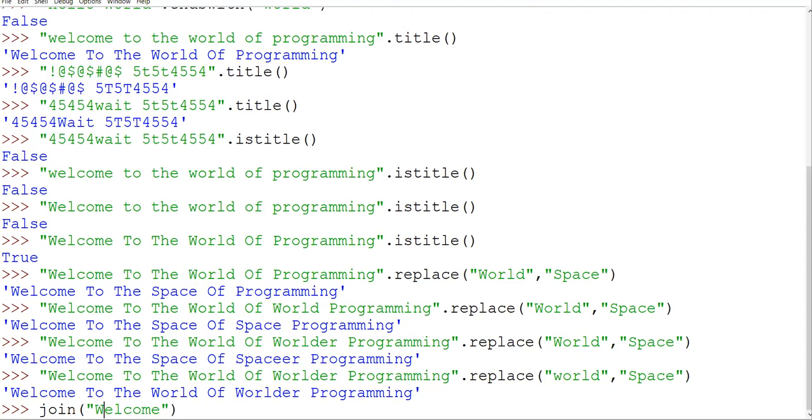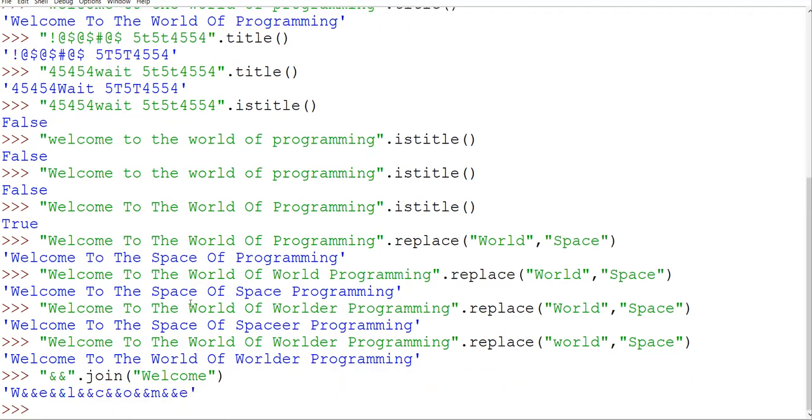And this I wanted to join with any symbol. For example, I am writing any symbol, suppose ampersand, then dot. So basically what I am giving instruction is that ampersand is to be concatenated with welcome. First, see how it is going to work. With W, first ampersand has been concatenated, then with E, then with L, like this, and you can see how it has done.